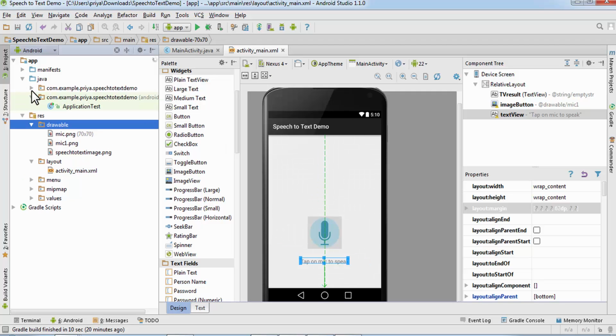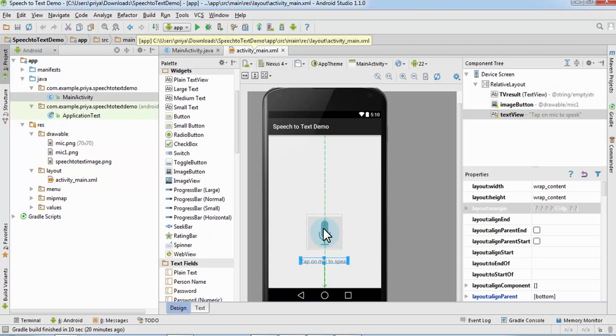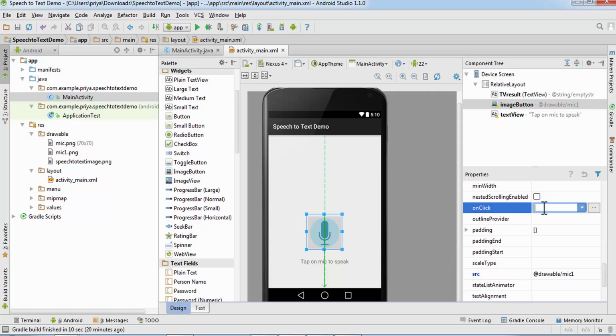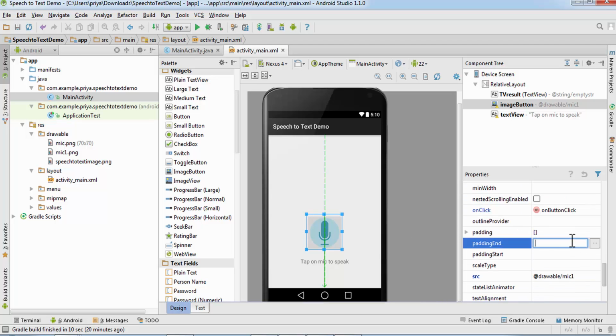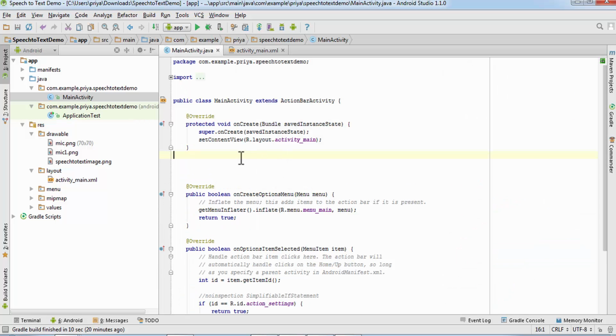So here, open your main activity.java file. Actually, I'm going to set up an on click value for this one because it is a button. So I'm going to write on button click, and now open main activity.java. So I'm going to create that method here, on button click.